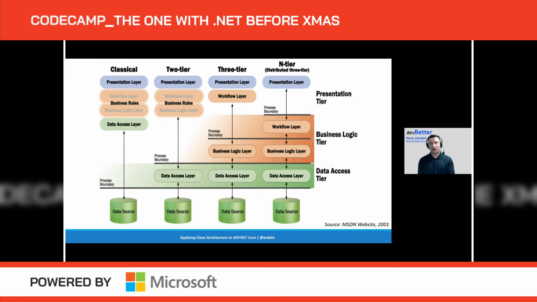All right, so on the left here, we have this so-called classical layer where we have no separation into different tiers or layers in our architecture, and everything is grouped together. And so if you've ever worked with classic ASP scripts from the 90s, that's what most of them look like out of the box. It was basically VBScript, or you could actually use JavaScript as well, intermixed with HTML and data access and business logic, all in one file, and it would just get executed from the top to